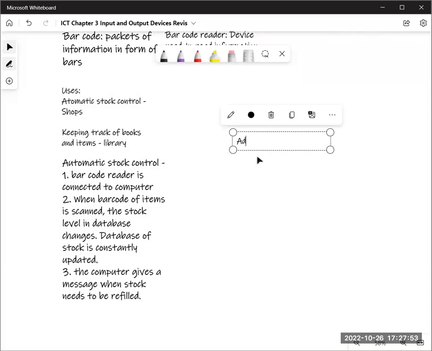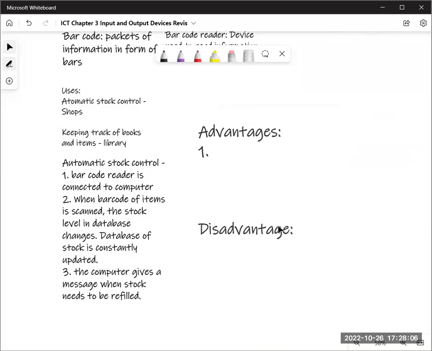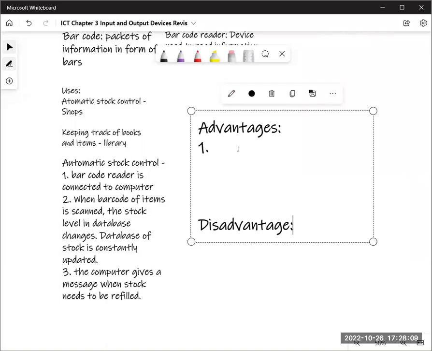Now advantage, disadvantage. That is the story of ICT. If you had to make a movie on ICT, it would be called advantage, disadvantage, because that's the big thing. You need to know the advantage and disadvantage of everything. That's much more important than the uses. So we'll write it faster